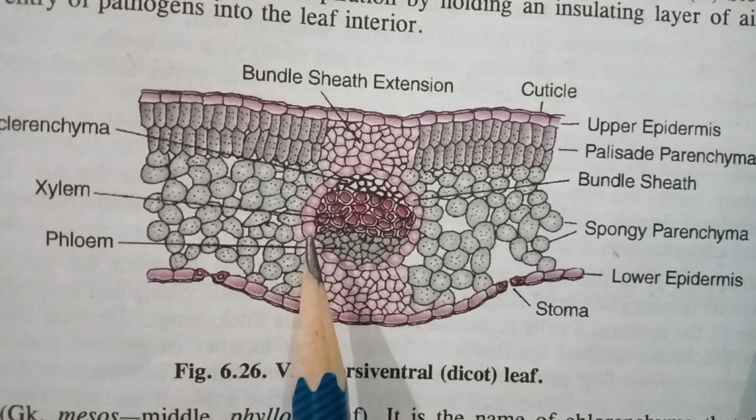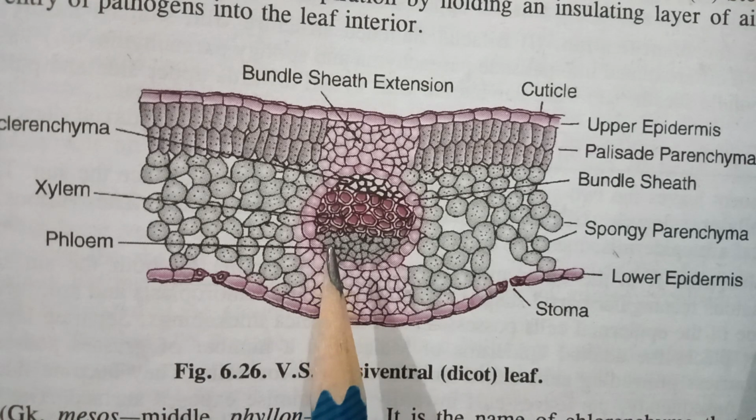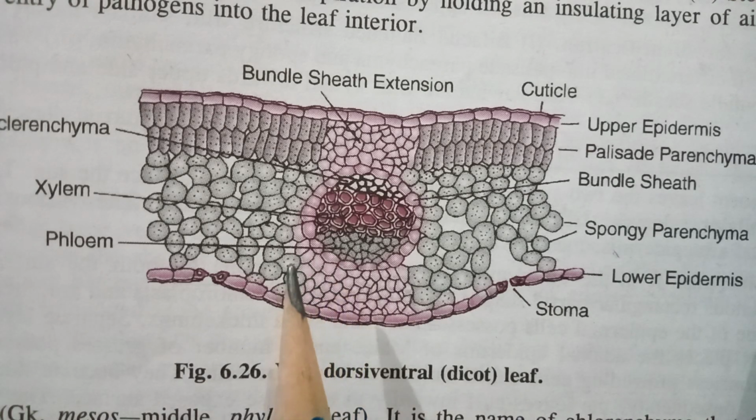So here the vessels and tracheids, they conduct water and mineral salts. Xylem parenchyma stores the food and water. Xylem fibers, they provide additional strength to the leaf. Similarly, phloem also, it is made up of sieve tube, companion cell, phloem parenchyma. They also help in conduction of food and plus storage of food.